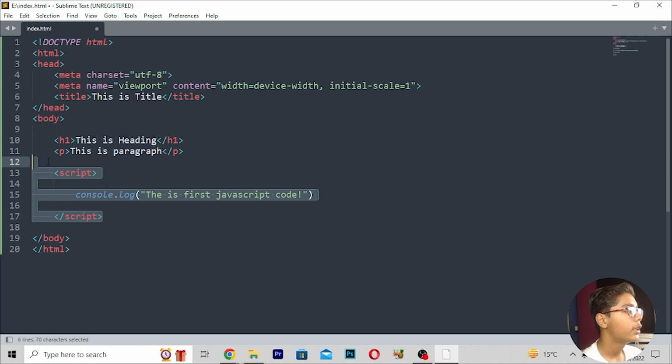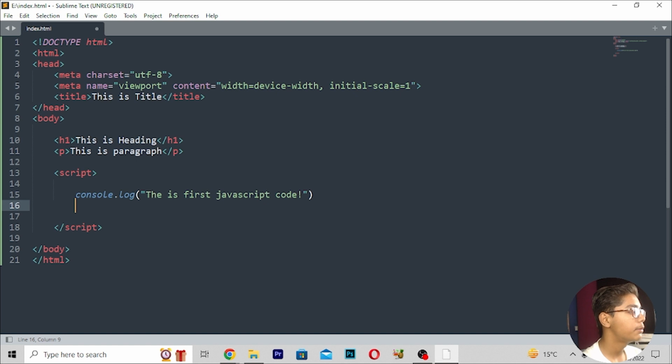This was our first code which we have written in the script tag. You can use the script tag to link your JavaScript file, and you can also use the script tag to write JavaScript code here. So I've written some of the main codes of JavaScript which many people use, and these are the basic tags which I'm telling you. So this is the alert tag. When you write this alert tag, here you can write this is alert, or you can say it is alerting, like this.